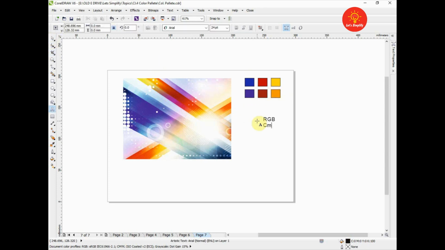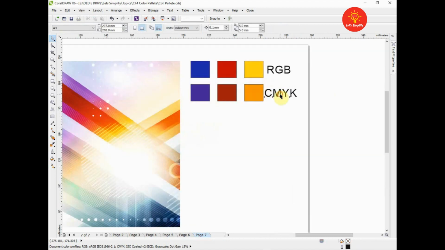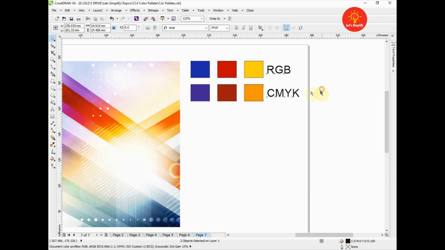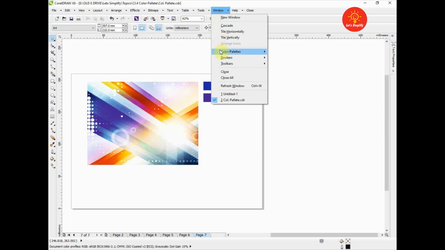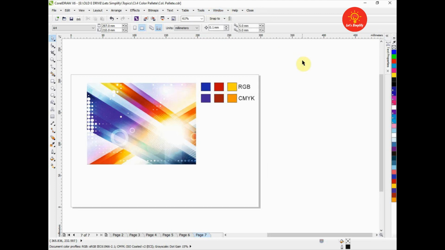So guys, let's learn to create customized color palettes from our color schemes or images. It's time for the most useful tip, and that is, if we want the colors of this image in our color palette, first we will go to the window, color palette, and enable the document color palette from here.